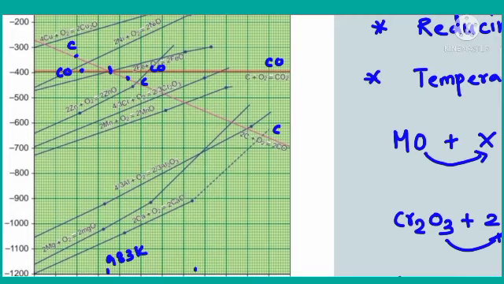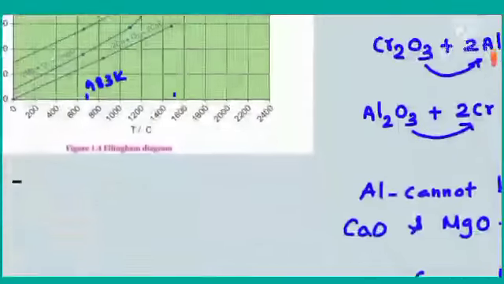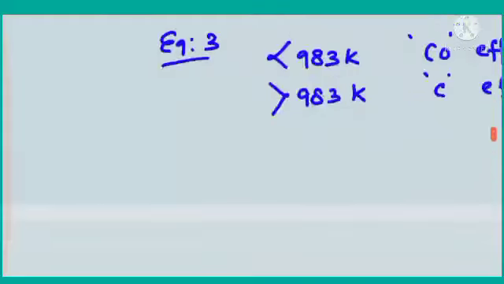Above the temperature 983 Kelvin, the carbon line is below in the diagram, which means above 983 Kelvin, carbon is a more effective reducing agent. Then look at the left side of the intersection point, that is below 983 Kelvin, we have carbon monoxide lying below, which means carbon monoxide is a more effective reducing agent below this temperature. So now we come to the conclusion that